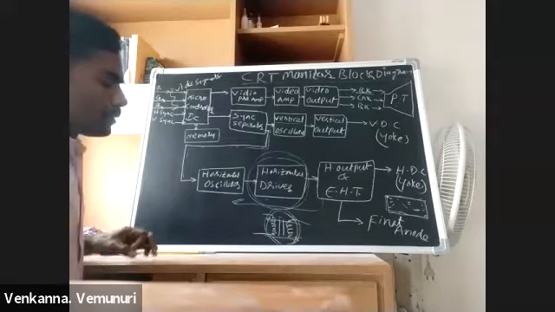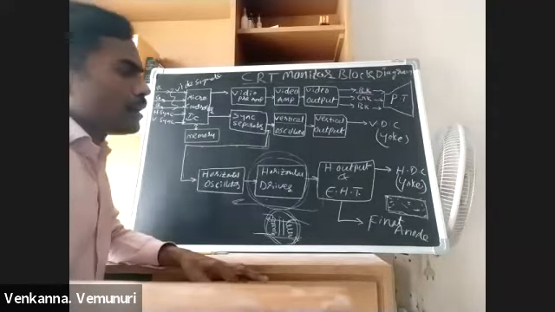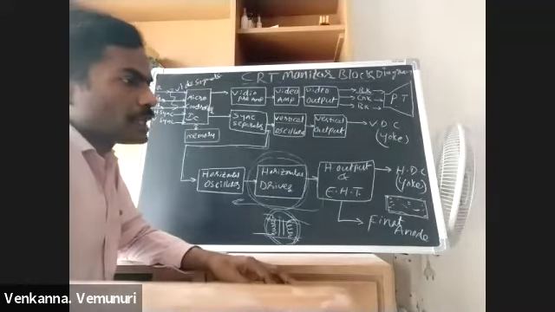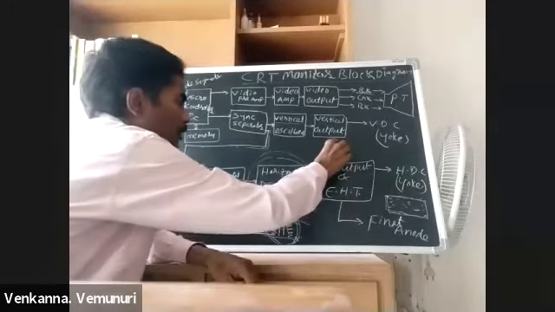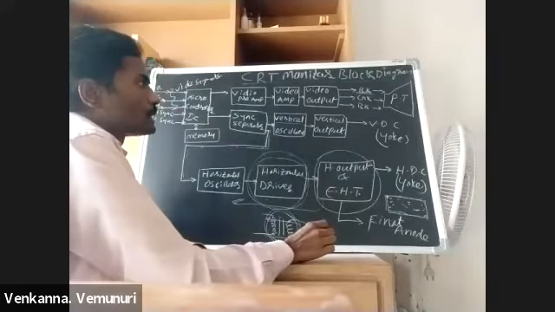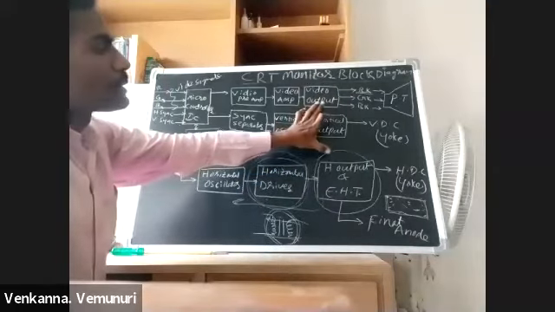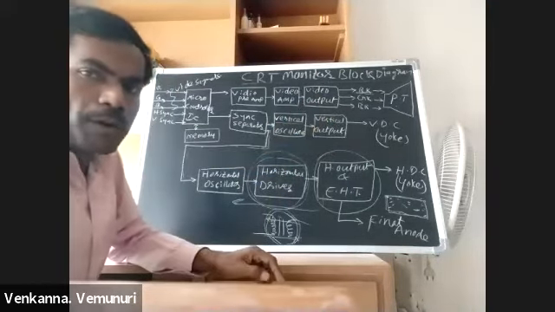Now, for repairing purposes in a CRT monitor, the major complicated sections, meaning the sections where problems frequently come, are the horizontal output section and EHT section. This is the first one, and the second one is the video output section. These two frequently create problems, and another one is the power supply section.